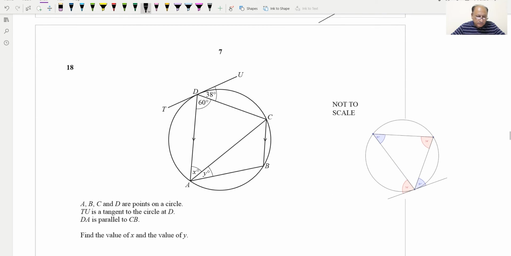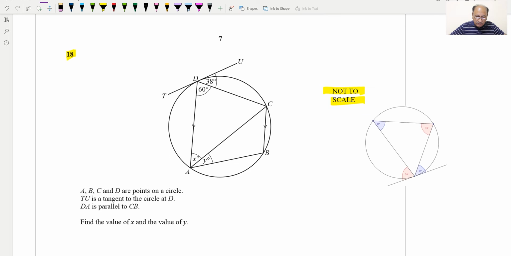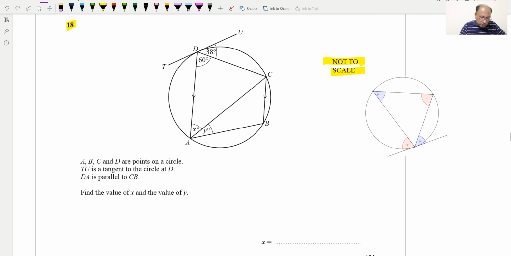Hopefully you understood this. Question number 18, circle theorem question. Diagram is not to scale, and this drawing I have inserted for your explanation. I'll explain at the proper time. So this is the diagram which they have provided, and according to the detail given, A, B, C, D are points on the circle. TU is the tangent. TU is this one which is tangent, and DA is parallel to CB,